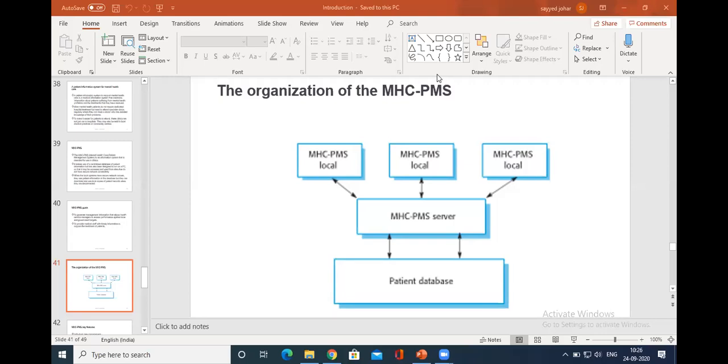And one more goal is to provide medical staff with timely information to support